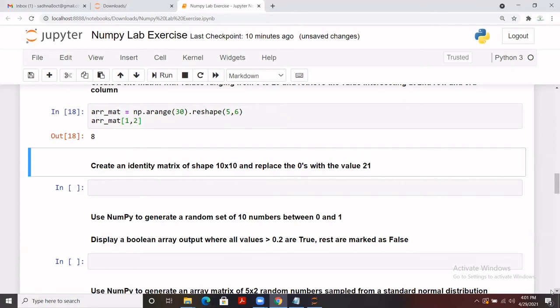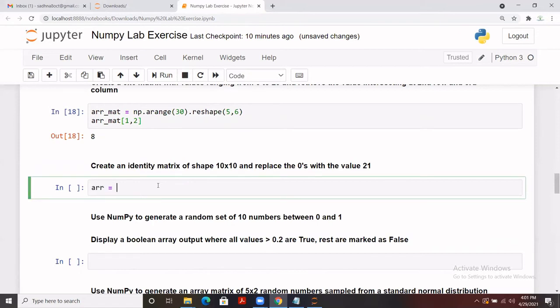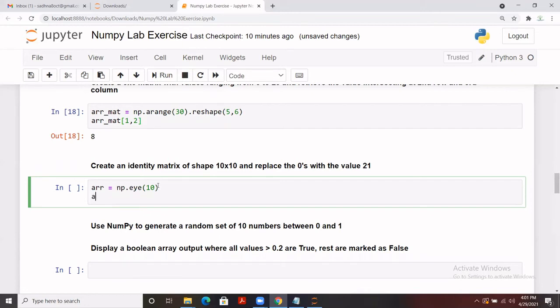Create an identity matrix of shape 10 by 10 and replace the zeros with the value 21. Perfect. That's what we can do. So let me give it a name array, and I'll be using the eye function for that. And I need it for 10. So if I pass one value, it will take it as 10 by 10.